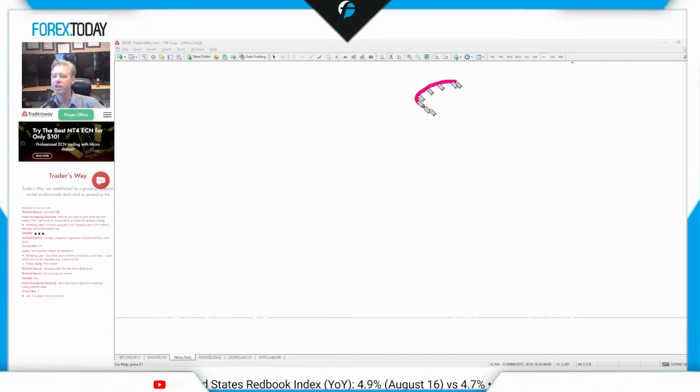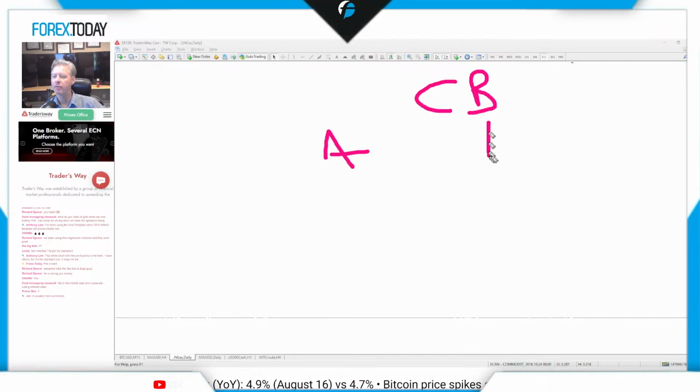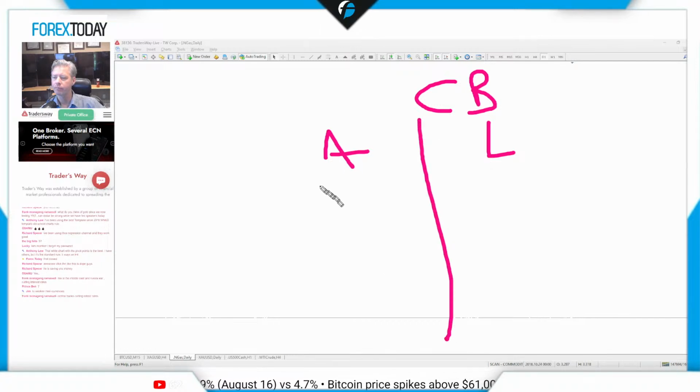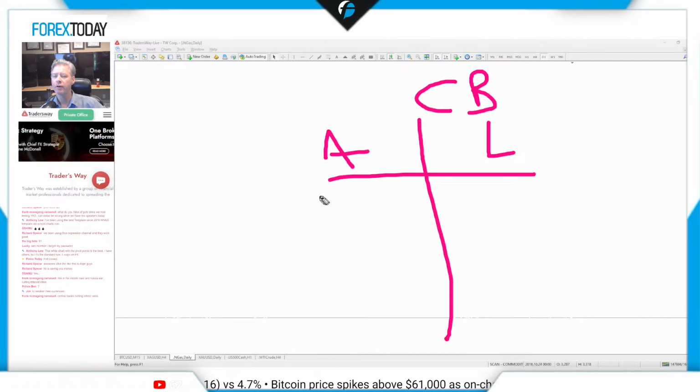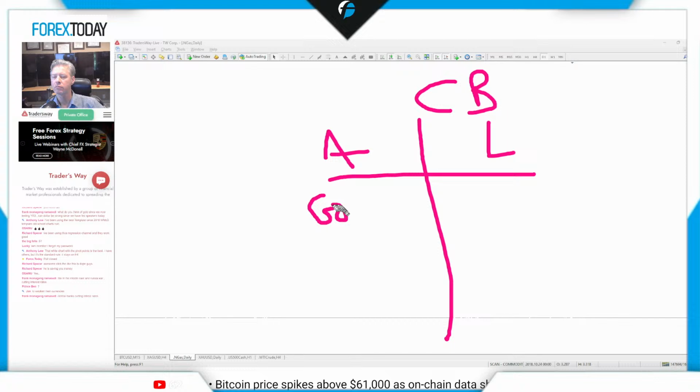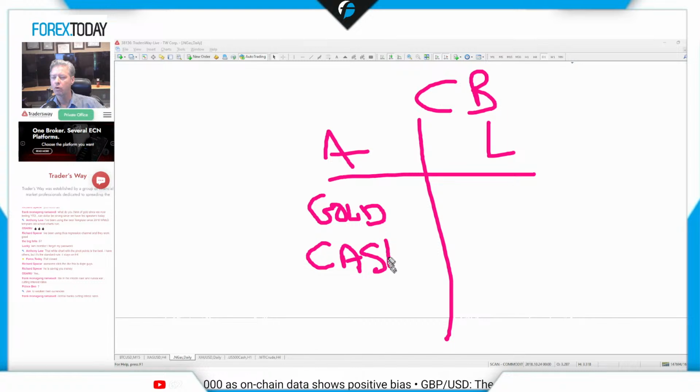So, you have a central bank. You have assets and you have liabilities. Okay? You have gold and you have cash. Okay? Cool. So, the central bank